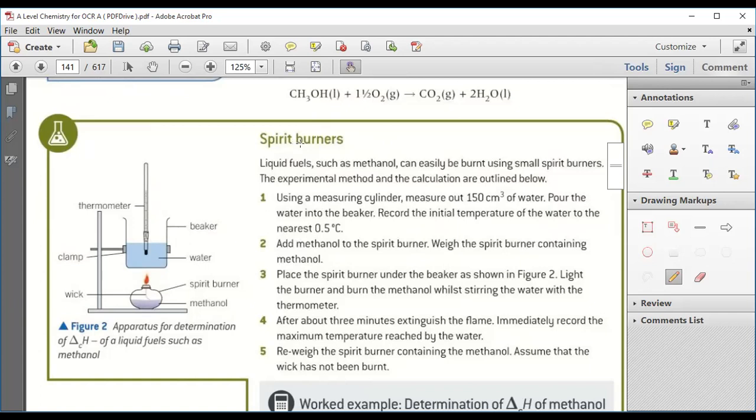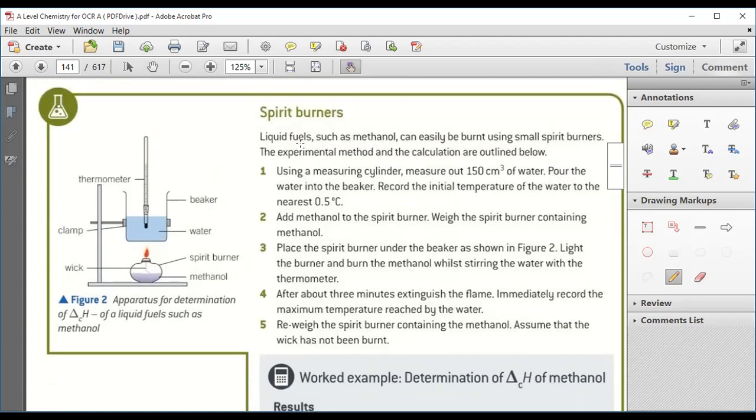Now, spirit burner. Okay, spirit burner. For the equation above,